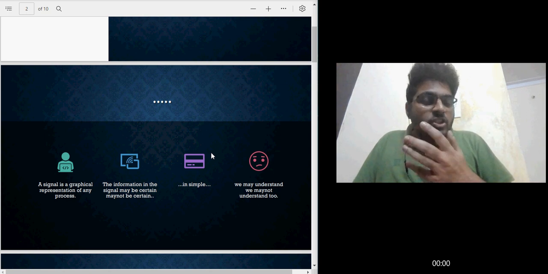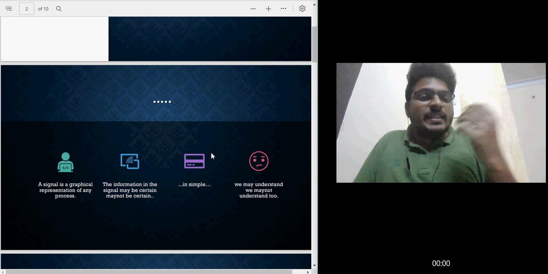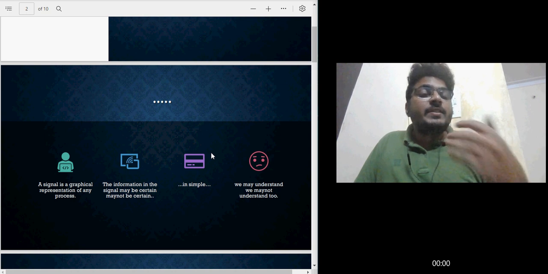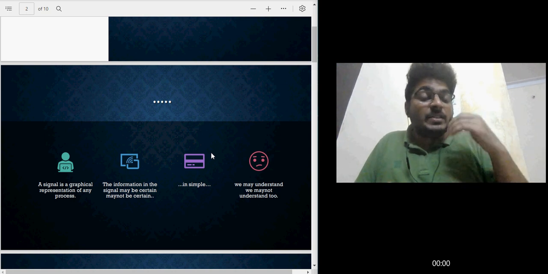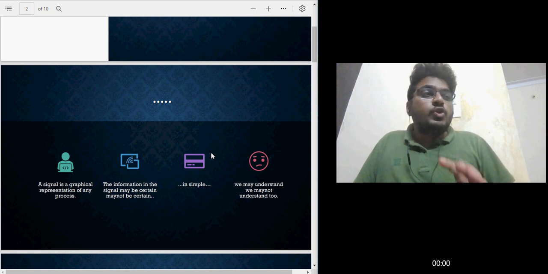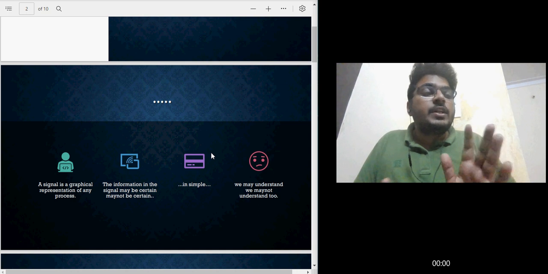These shapes are certain, triangular waves. All laboratory signals have the same shape. It's like that. So in simple terms, a signal may be certain, may not be certain. That means the information content present inside it may be certain, may not be certain. But the main thing is, if you're able to show it to somebody in a way that they can understand through some tools, that is what a signal actually is.